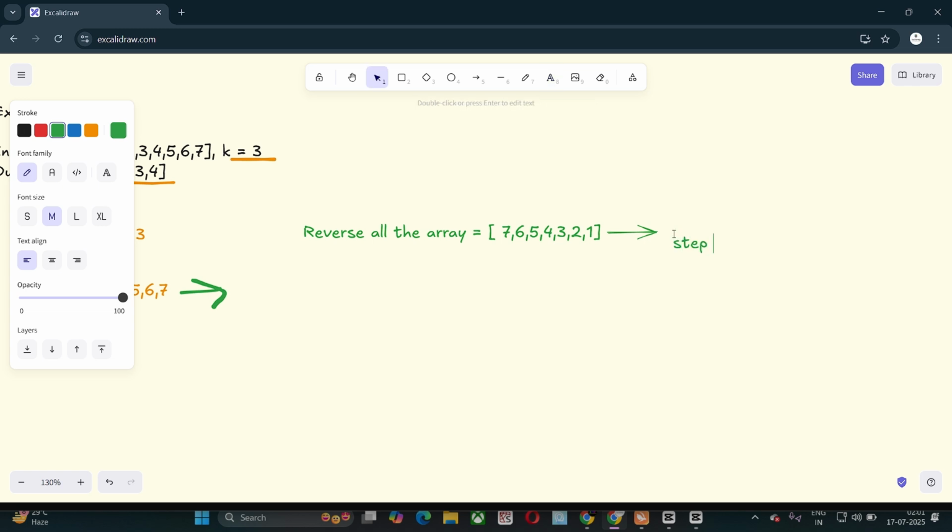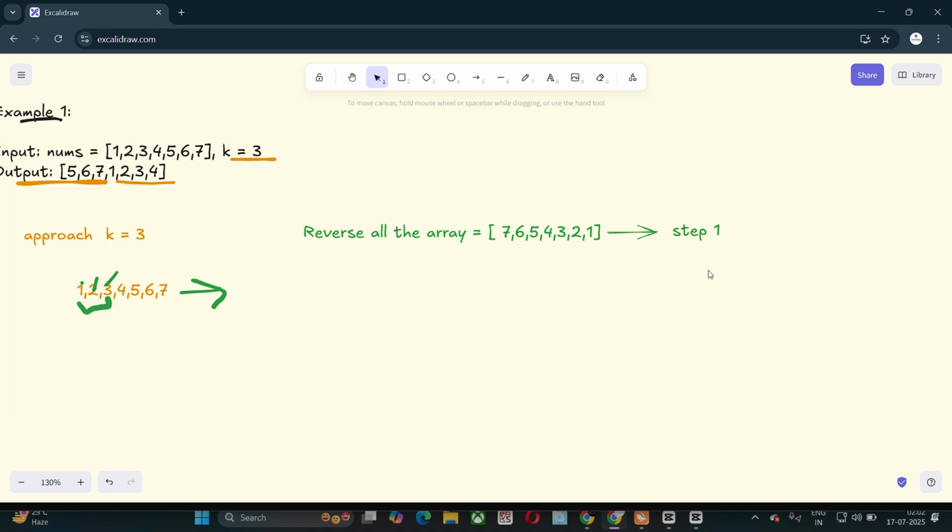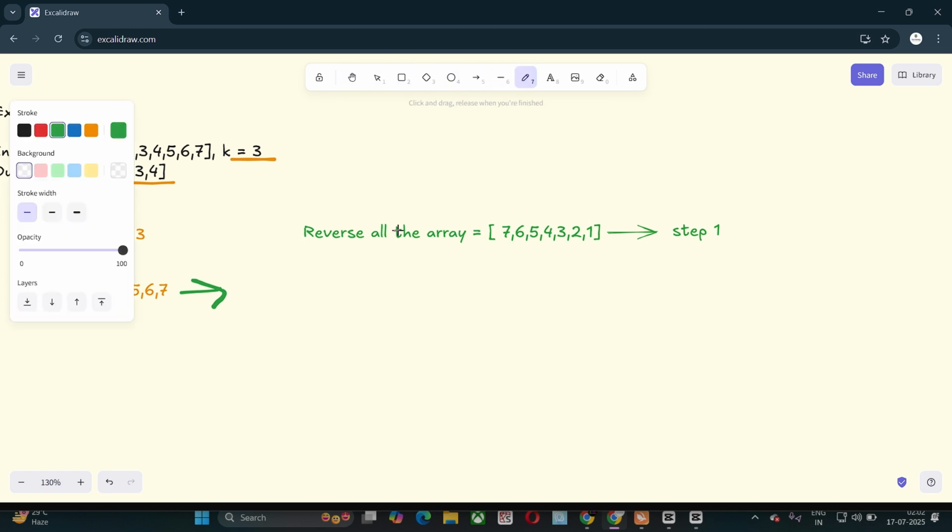If you see, we start from index 0, 1, 2, 3, 4, 5 and 6. And what is our n? The last element is called n minus 1.